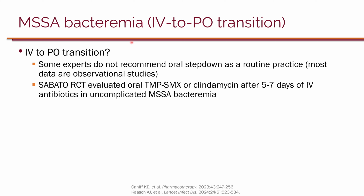Some experts do not recommend oral step down as a routine practice, and this is primarily because the evidence for IV to PO transition is based on observational studies. However, in 2024, the Sabato RCT was published. This study evaluated oral trimsulfa or clindamycin after 5 to 7 days of IV antibiotics in uncomplicated